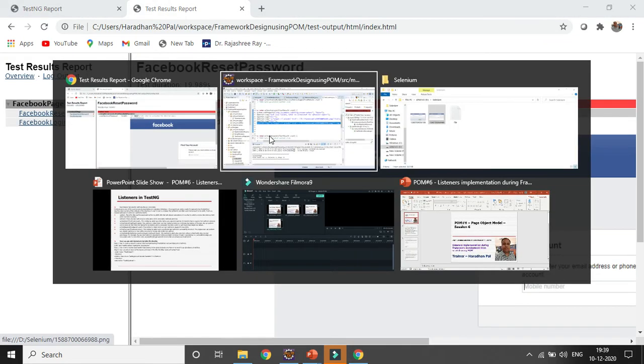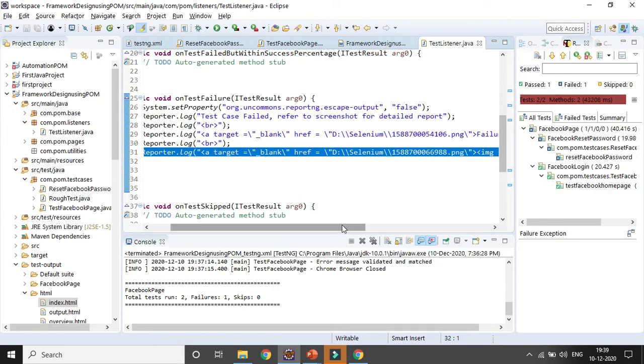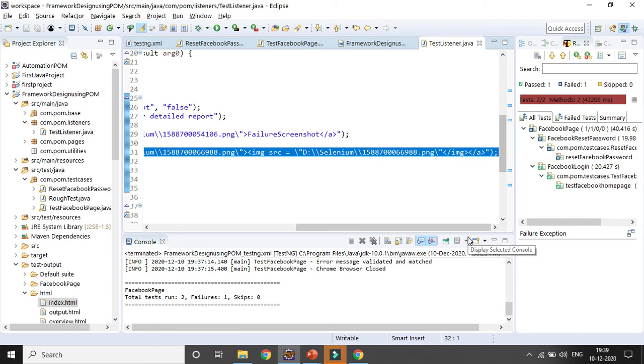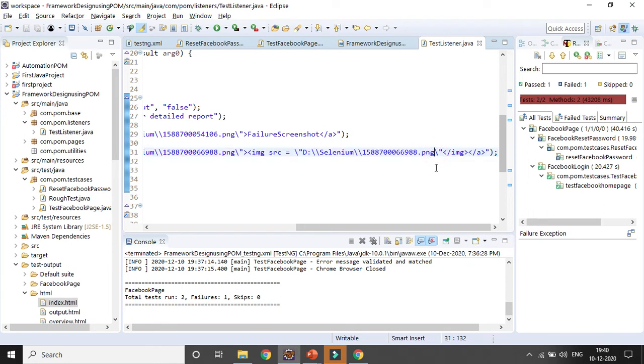So I will modify my script here. I will give some height and width here. So how can you give a width and height, right? After .png you need to give height and width. After .png, before the backslash, right, before the escape character, you need to give some height and width. I will give the height first, suppose equal to 500 or 600. Similarly I will give the width.